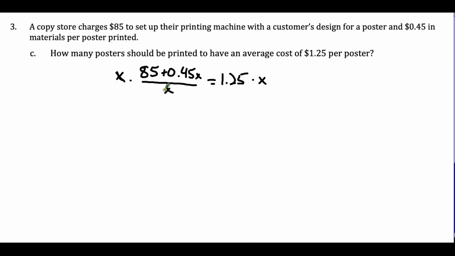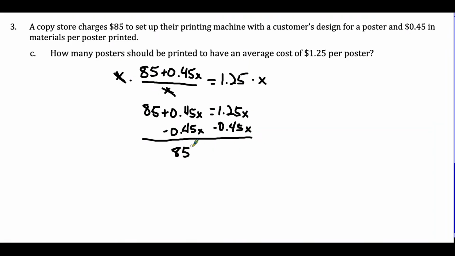Over here, that cancels out these x's, and I'm just left with 85 plus 0.45x, and then over here equals 1.25x. So now, to solve, I just need to subtract my 0.45x over to the other side. We'll get 85 equals 0.8x, and then divide both sides by 0.8,